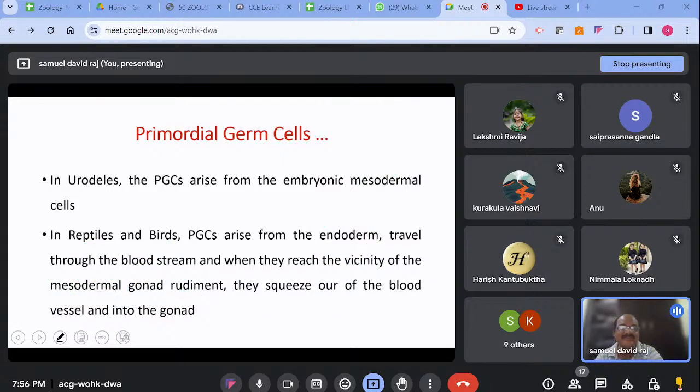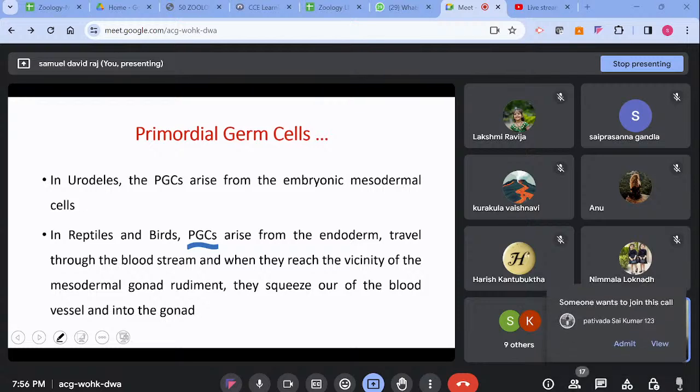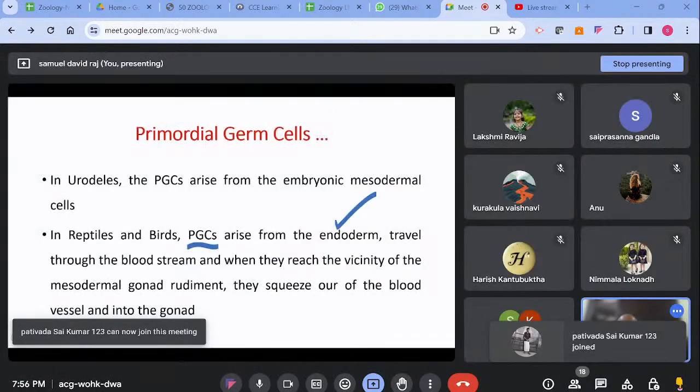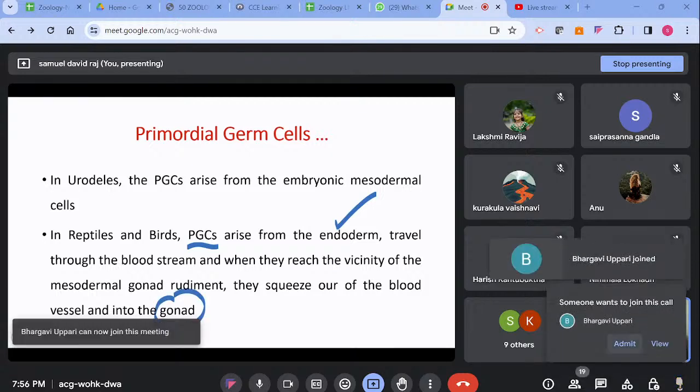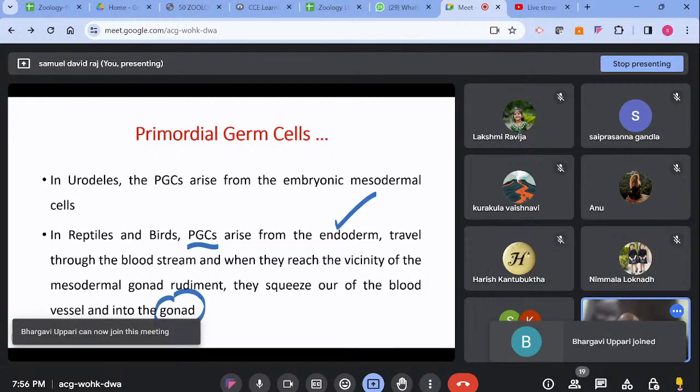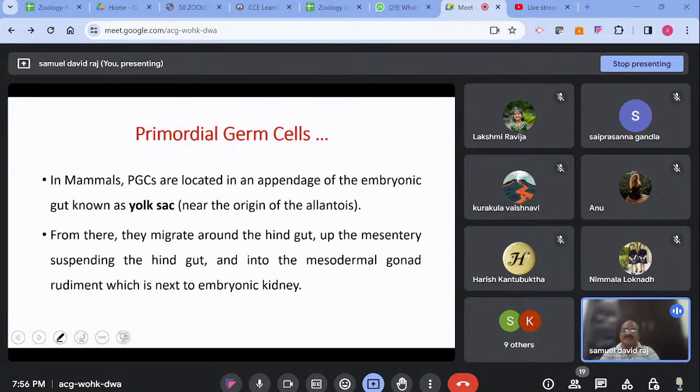So in reptiles, the primordial germ cells arise from the endoderm, but they travel through the bloodstream and reach the mesodermal gonad rudiment. Thus, from there, they enter what we call the gonad. Okay, next, coming to the mammals,